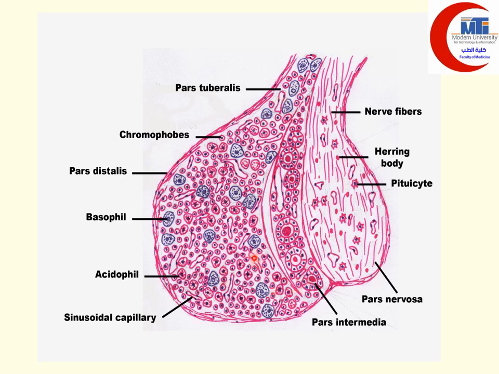Then the parenchyma, or functioning part of the gland, which is divided into pars distalis, pars tuberalis, pars intermedia, and pars nervosa. As we mentioned in the previous lecture, pars distalis is formed of chromophobes and chromophils. Chromophils may be basophils or acidophils. And pars tuberalis is an upward extension from the pars distalis. The pars tuberalis is rich in blood vessels and contains mainly the gonadotrophs